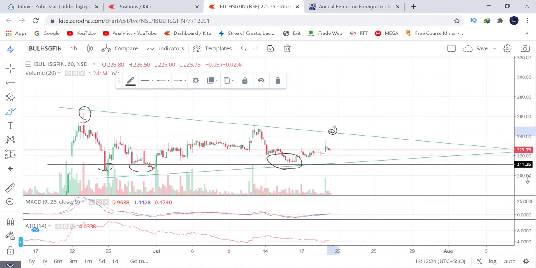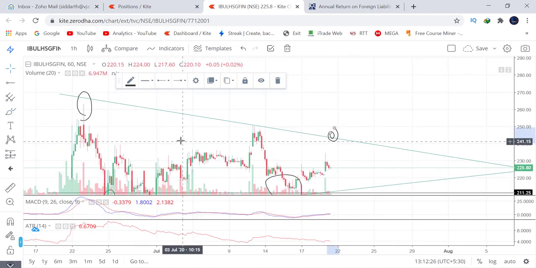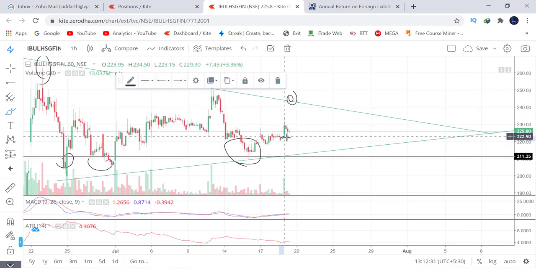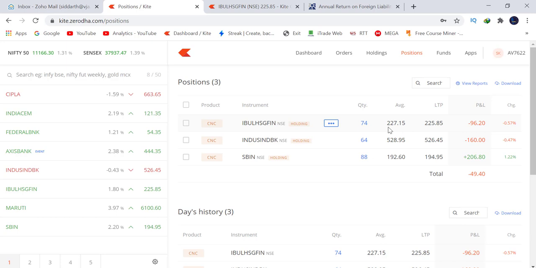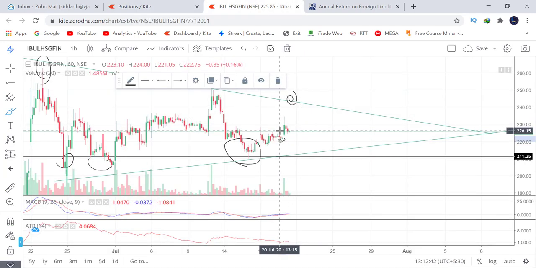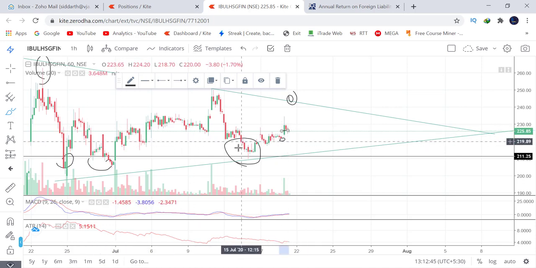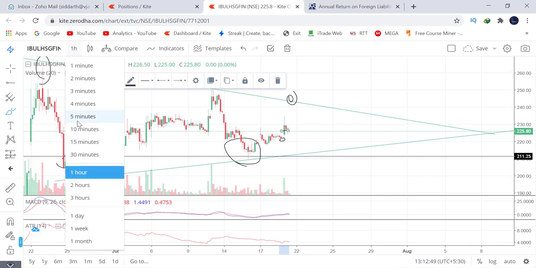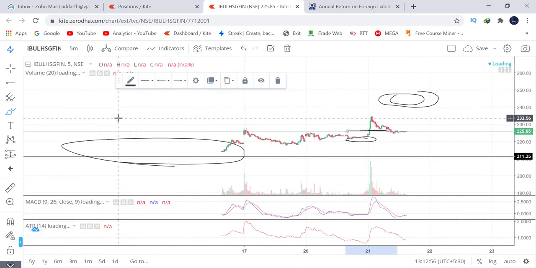Right now, to check whether this trade was working in my favor, I didn't take the trade here, but I took the trade at around the price of 227.15, which is I think here, 227, right? Okay, so why did I take the trade there and not at this lowest point, where the support is? The reason I'll say that now, listen carefully.